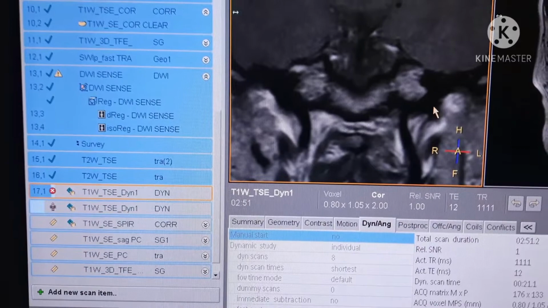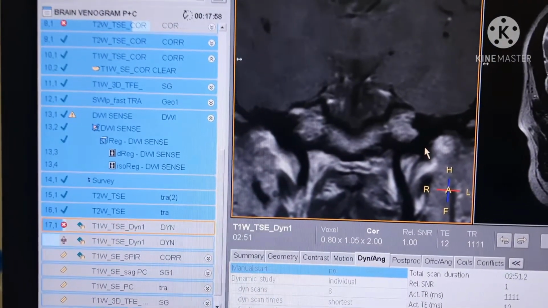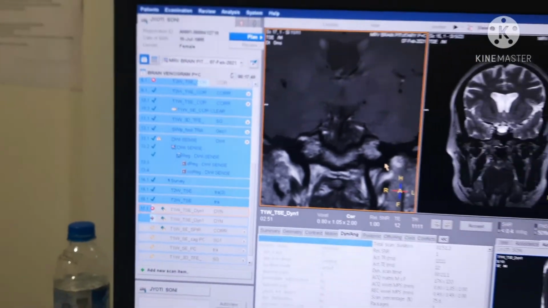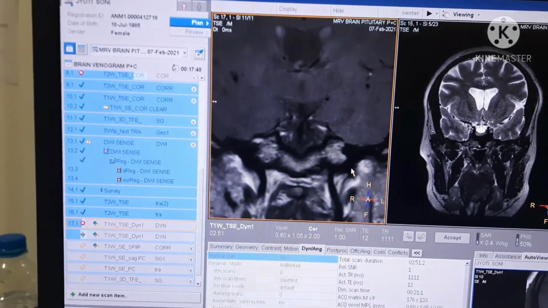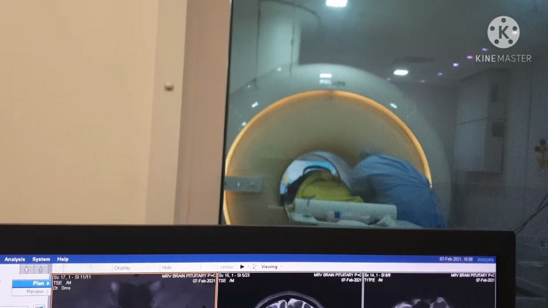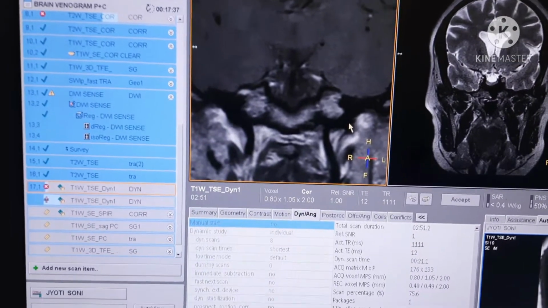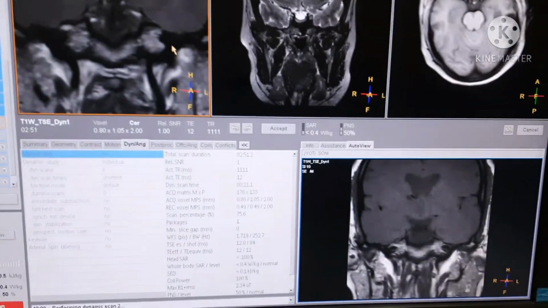Performing dynamic scan, you can see we are performing dynamic scan 1 and the brother is pushing the contrast now. This is dynamic scan 2 going on, you can see here.